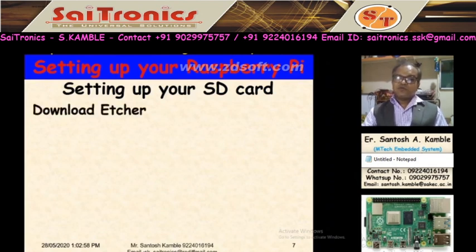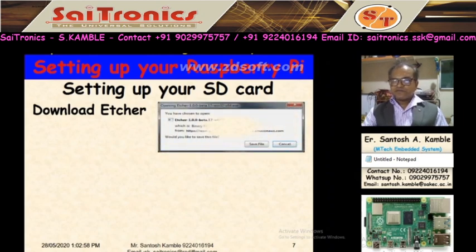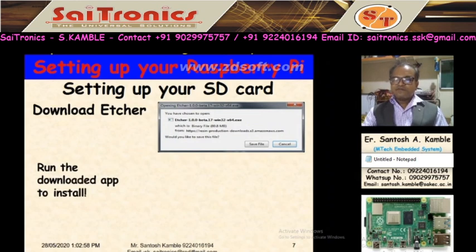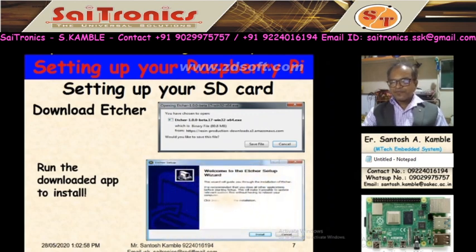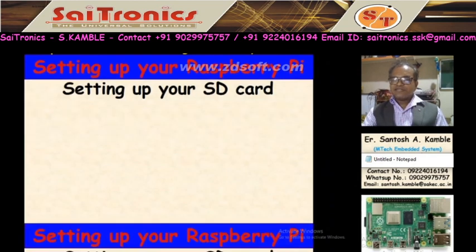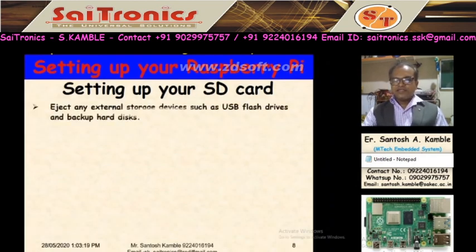Download Etcher software. This software is very important for headless OS installation. It is required only for installation. So run the downloaded app and install it. After installation you will get this window.